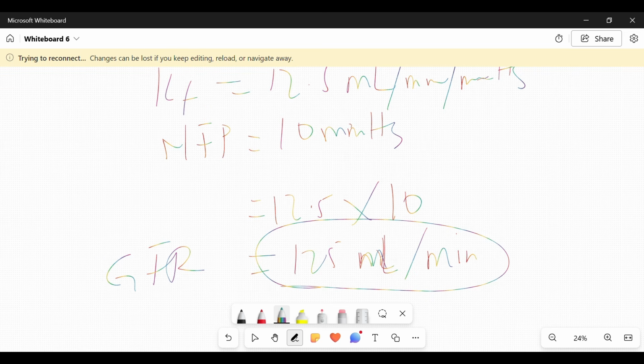So this 125 mils per minute of glomerular filtration rate tells us that filtrate, or 125 mils of blood, is filtered each minute. So anytime blood goes through, or anytime there is renal blood flow, about 125 mils are filtered